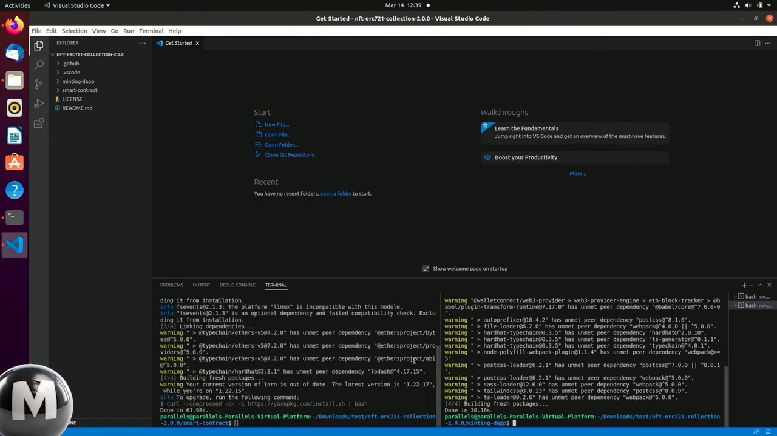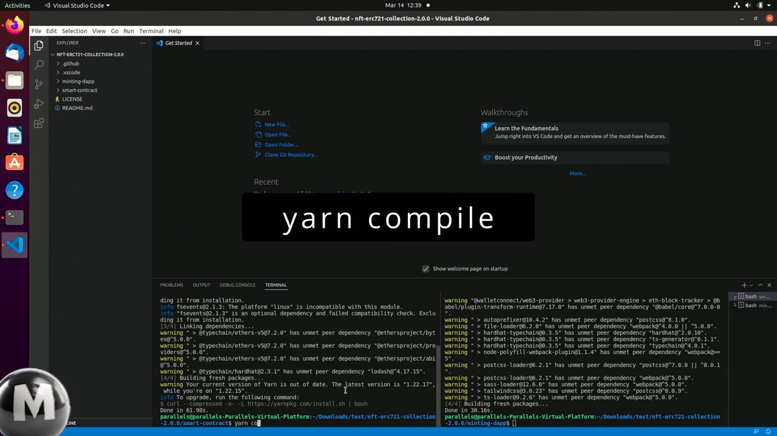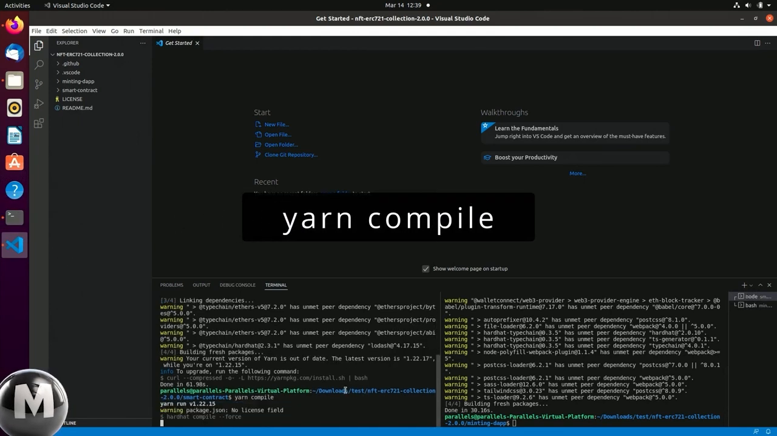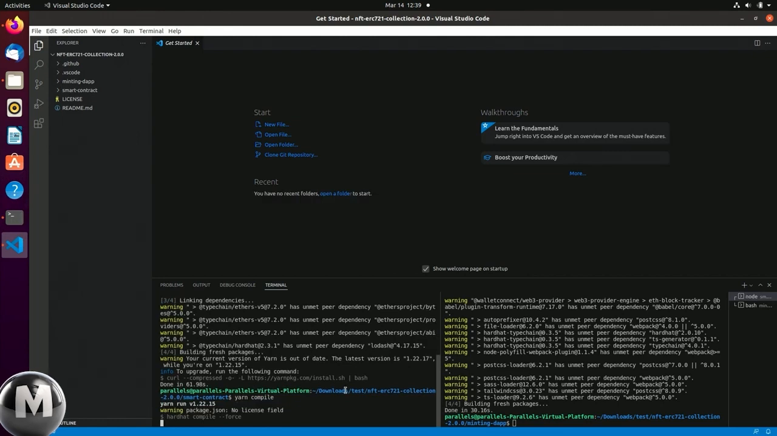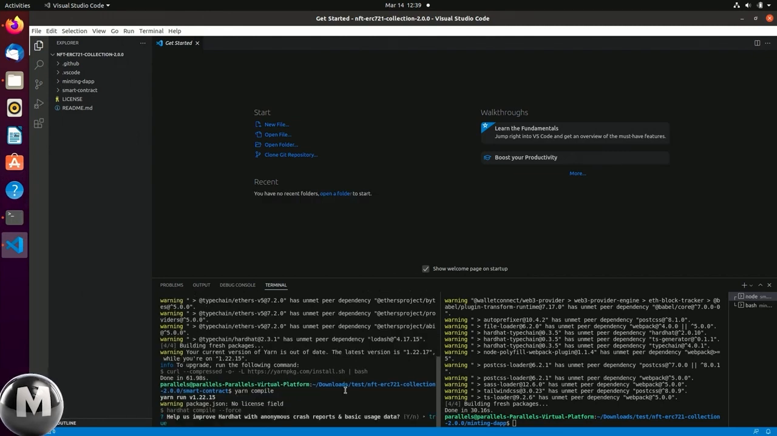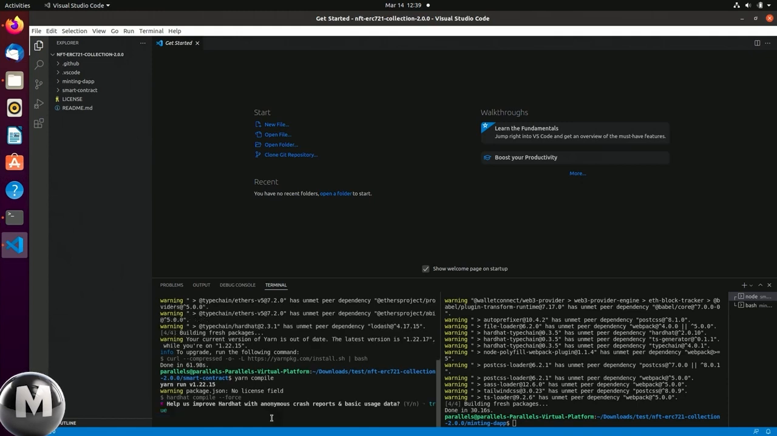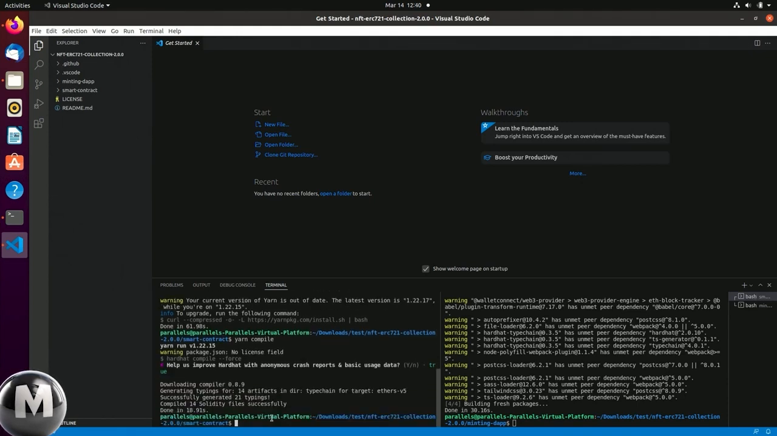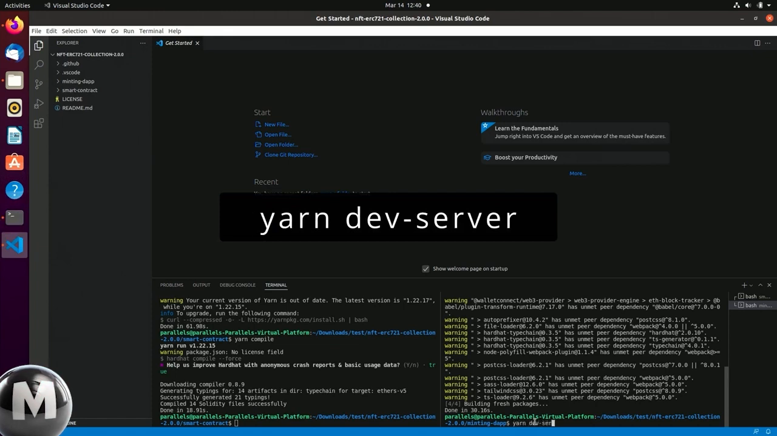Now that all the dependencies have been installed correctly, we can compile the contract, so I run yarn compile, and this is gonna build all the typings for TypeScript so the minting tab can be run correctly. ArtAd is also gonna ask you the permission to send anonymous data to them in order to improve the software. I'm gonna leave it to true, and it's done. Now on the minting tab side, I'm gonna run yarn dev server,